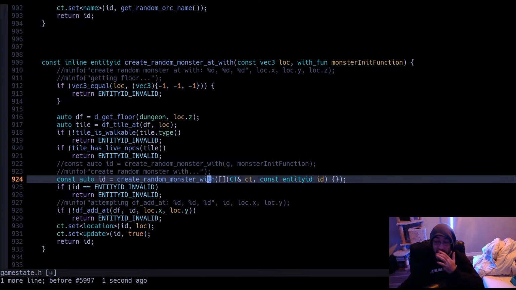Oh yeah, we need to actually pass monster init function here as well.